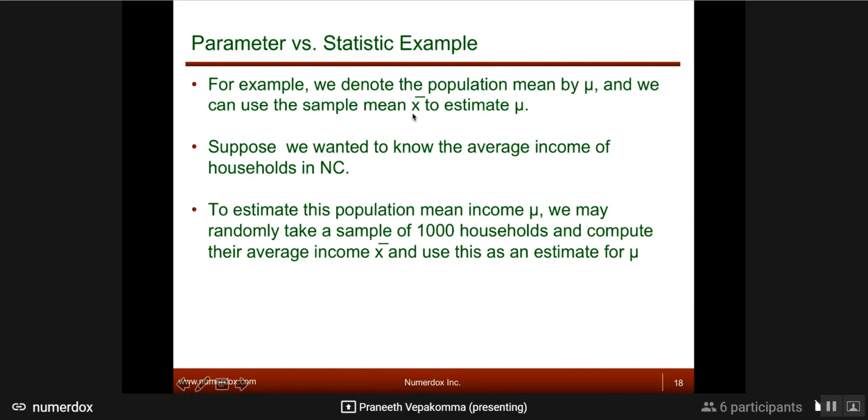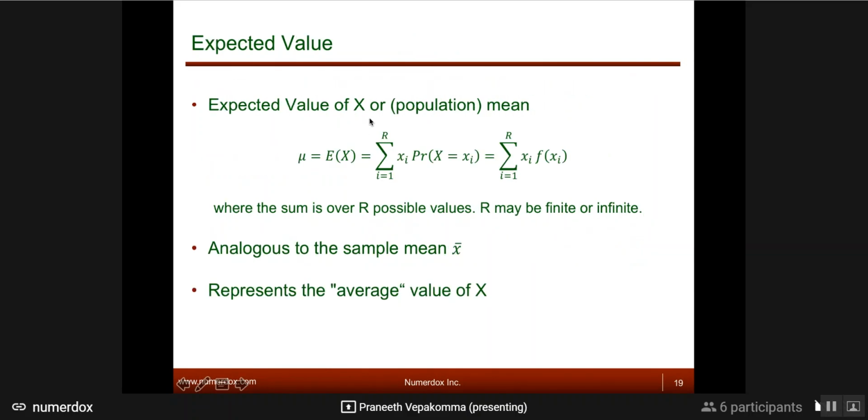So if you have a formula to estimate it, you want to see how close your estimated sample mean is to the true mean, right? Your formula to estimate this is known as a statistic. The mean itself is known as the parameter you're trying to estimate. This is the true parameter, called the population mean. What you come up with from a sample is a sample mean. So that's the distinction between what parameters and statistics mean.